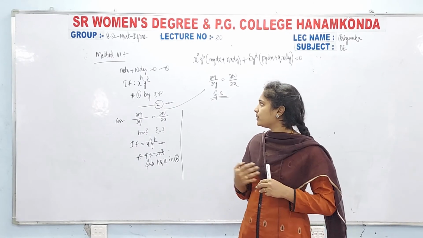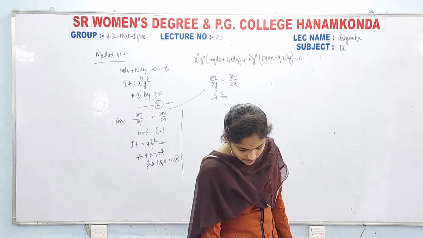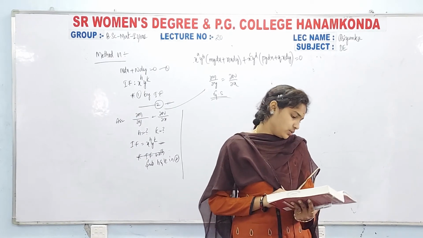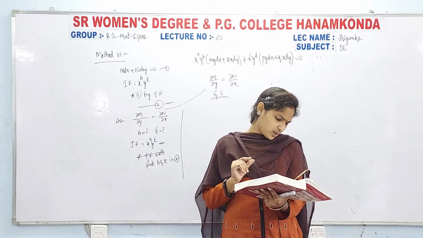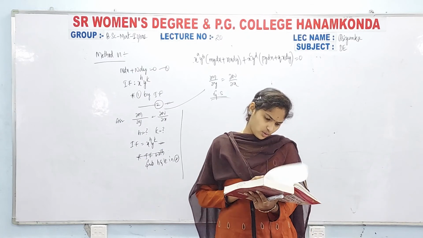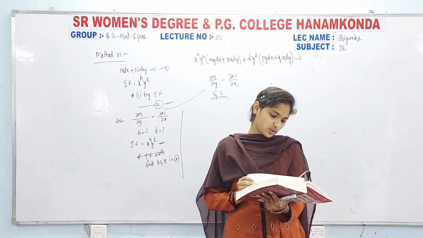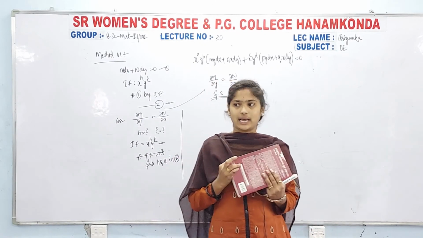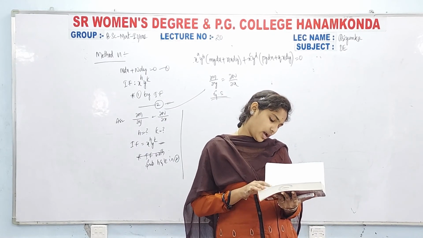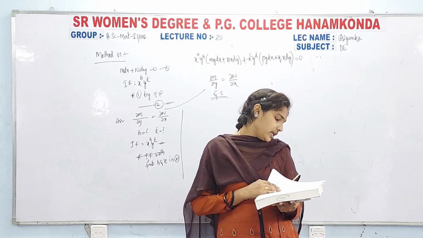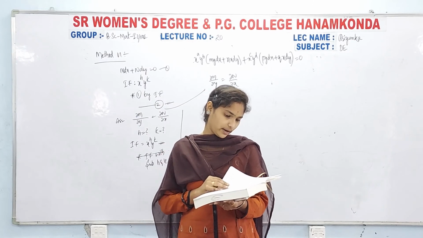And in the next class we will discuss the method 6 applications, and after that we have the next topic, that is change of variables. And one thing I want to say to you, in change of variables we have just 2 less problems, and in total differential equations also, and after that we have to discuss the equations of the form dx by p and so on. So within 1 or 2 classes we can finish the first unit, and after that we will go for the second unit, and that second unit is nothing but the equations solvable for p, solvable for y and solvable for x and so on, okay.